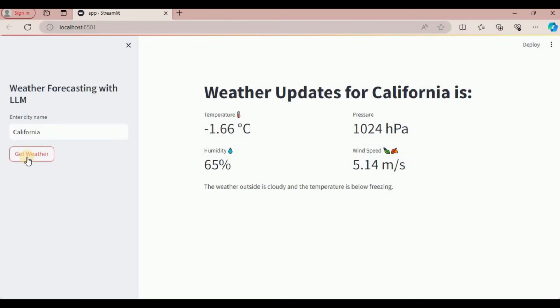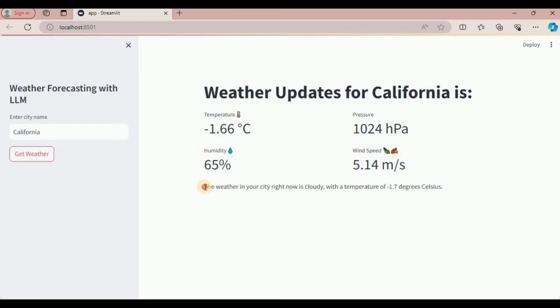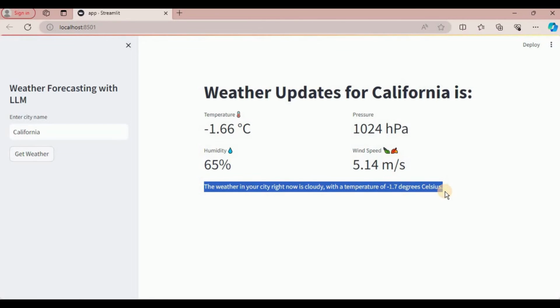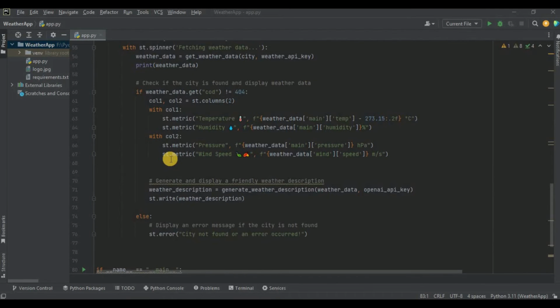And another interesting thing is that if you again click on the Get Weather button, all of the values will be the same, but the description will change because the description is actually being generated using the OpenAI API. Alright, so up till now we have written the code in order to get the current weather update for a particular city. Now let's see how you can actually get the weather forecast for an entire week for the provided